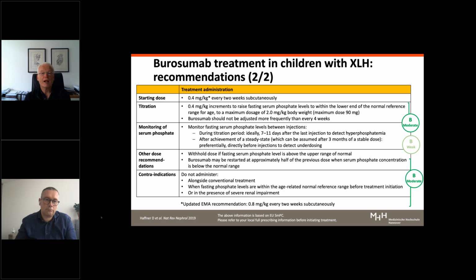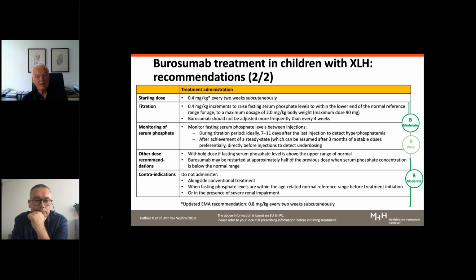And then we thought, well, there's a pharmacokinetic, so the peak of burosumab in the blood and also the effects in the kidney with respect to holding back phosphate is between 7 and 11 days. So in the start, you may want to detect hypophosphatemia. So it's a safety parameter. So we say, well, if you measure it between 7 and 11 days after injection, it's very good to detect